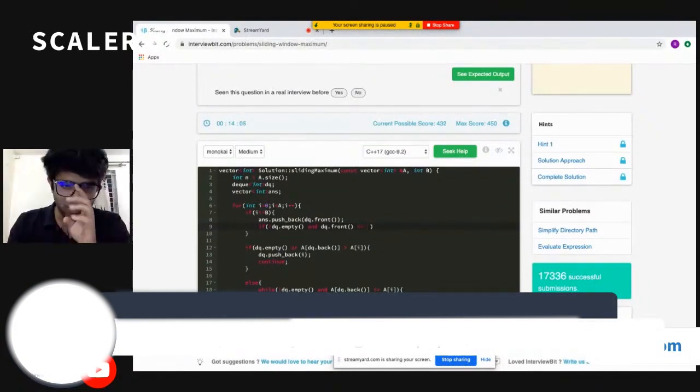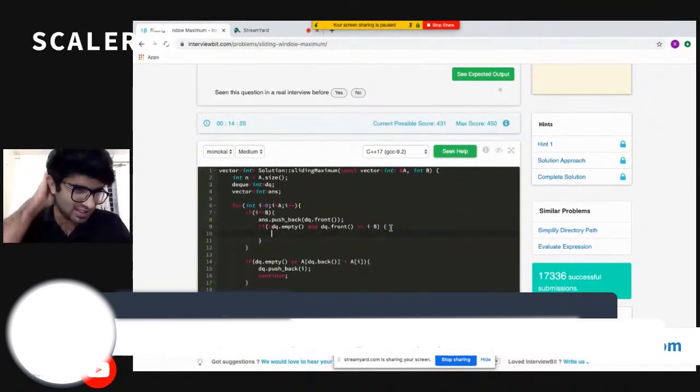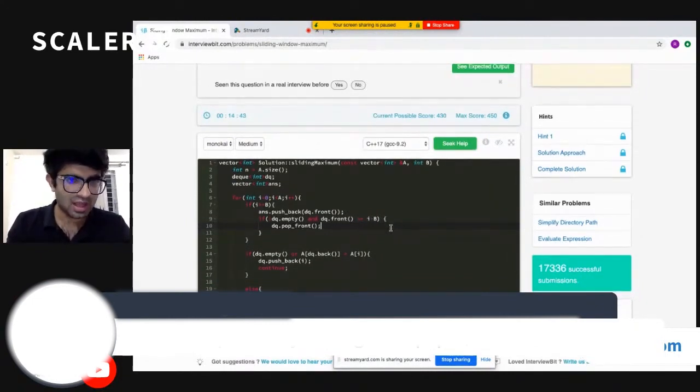If I'm at the second window, then if the index is 0, I can safely remove that element. So the index will be i minus B, because if I am at the next window, my i will be B, and B minus B will be 0. If I'm at the next window, my i will be B plus 1. So if at the front I have the element with index 1, I can safely remove that element. If I do it that way, I can easily solve this problem, so I need to remove my element from the front. I'm done.